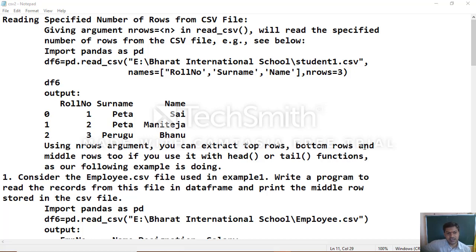So like that, we saw different arguments, the way we can make use of the read_csv function.